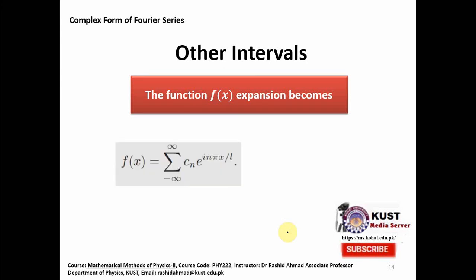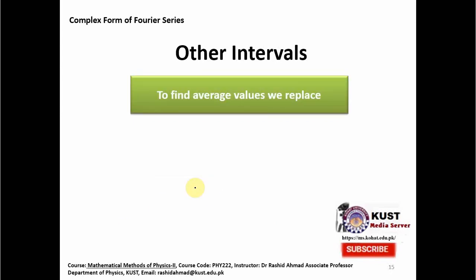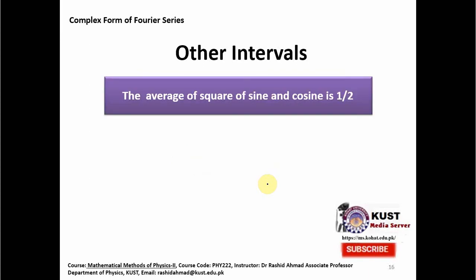So the function can be written in the sum form, series form, and now the point is to find out the average values. And to find the average value, we replace this 1 over 2 pi, minus pi to plus pi, by 1 over 2L, minus L to plus L, because now this is the new interval, we are using a different interval. And so we have to take the average of each and every term in order to calculate these in a different interval. But since we know that the average of the square of the sine and cosine is equal to 1 by 2,